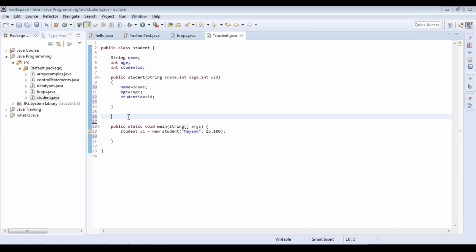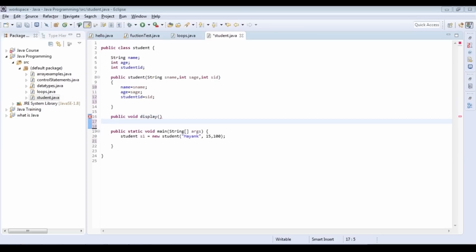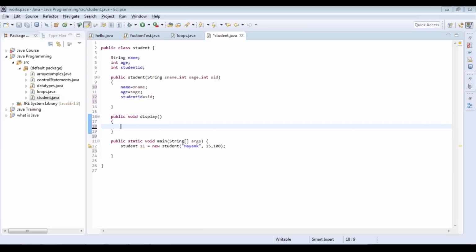Now finally I'm going to write one more function. The main objective of the function that I'm going to write is void display. It needs to be public again, so let's say public. It's not going to take any arguments. So you would have guessed what the aim of this is. It's basically to help me check the values that are stored for these fields, that is the name, age, and student ID. So we can write this out,